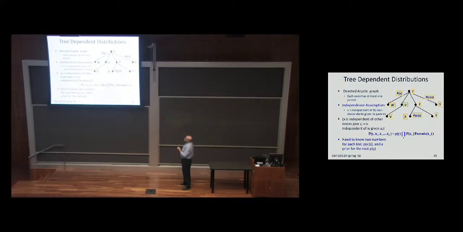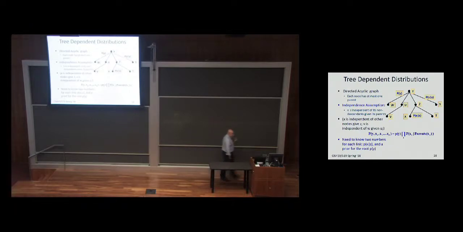If you're talking about someone outside the subtree like W, it's also true that given Y, W and V are independent. You can just write it down and see it. Assume that everything is independent of V given U, and you can derive that W is independent of V given Y also. We're going to write something down.